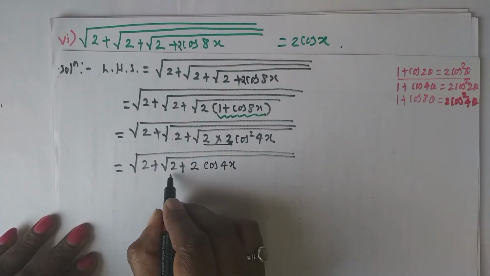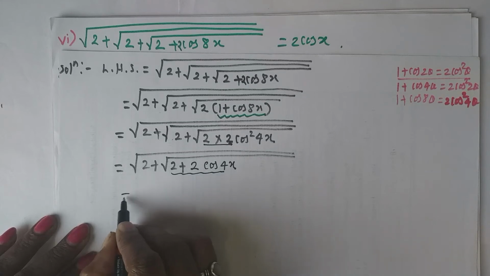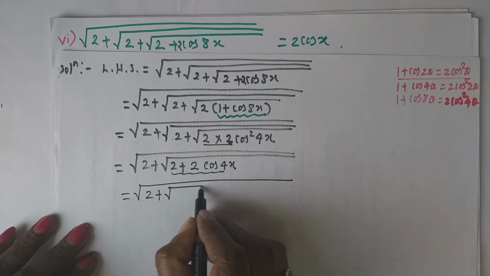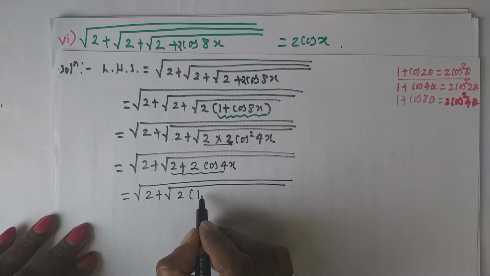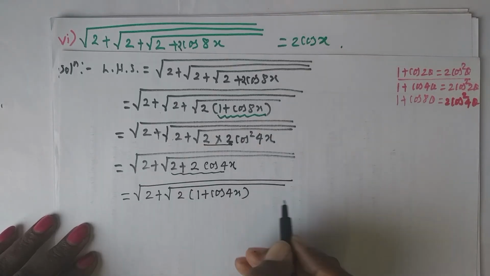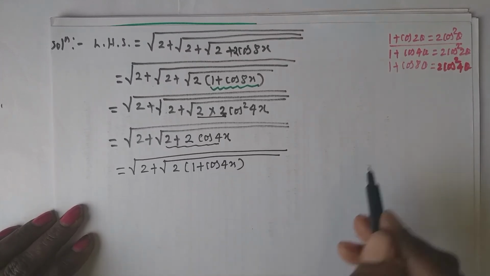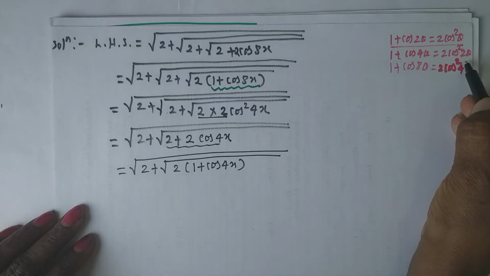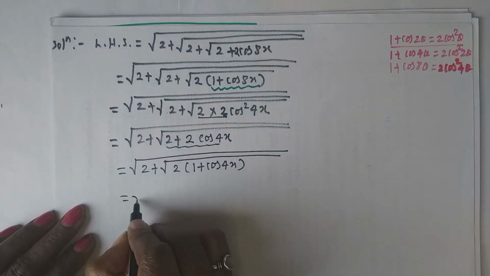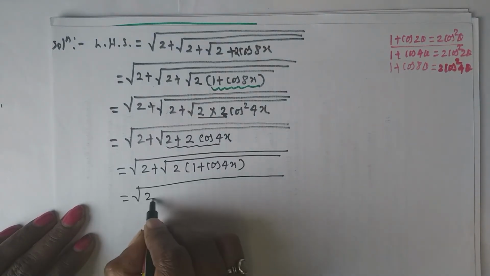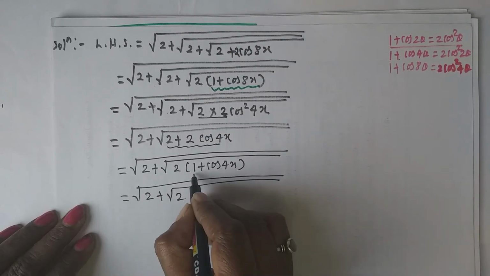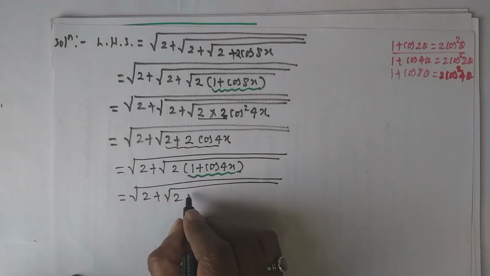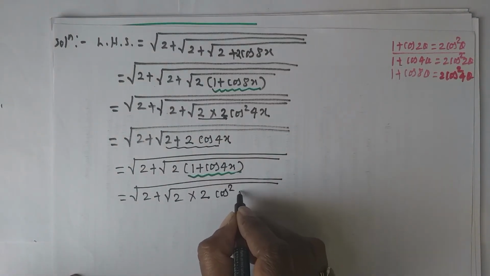Okay. Now from these two terms, again I will take 2 common. Therefore write down 2 plus under root. Here take 2 common in the bracket, 1 plus cos 4x. Now again use the formula: 1 plus cos 4 theta will be 2 cos square 2 theta. Therefore this will be, first you write down the square root as it is, 2 plus 2. And for this 1 plus cos 4x, I will keep the value 2 cos square 2x.